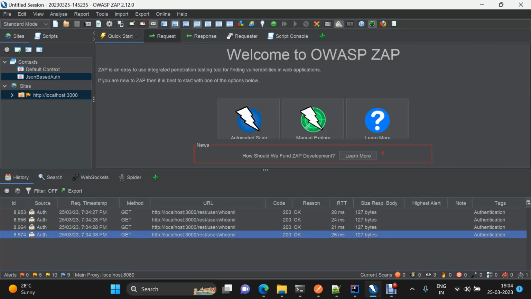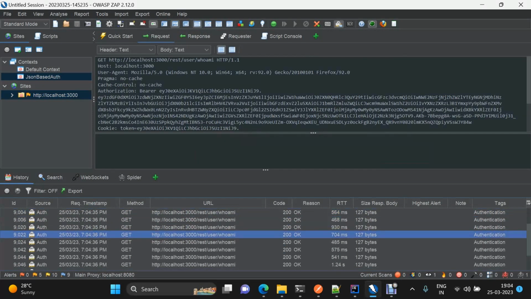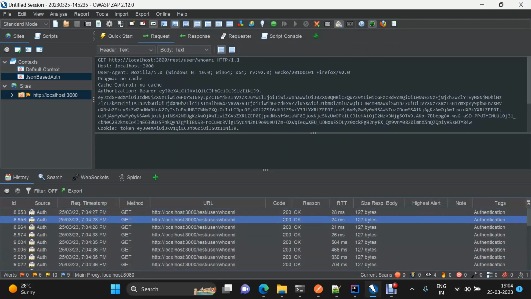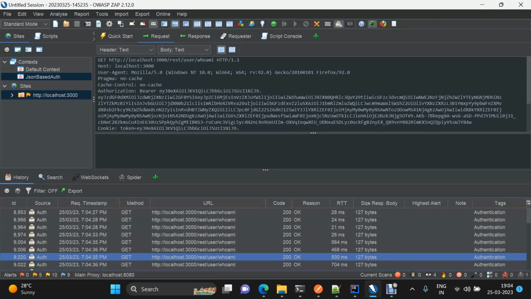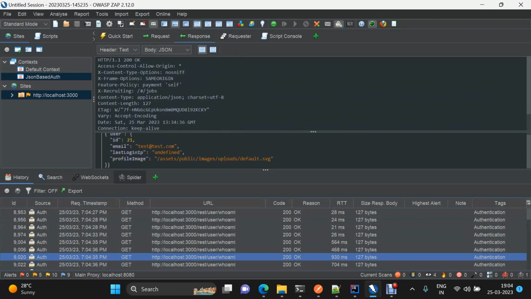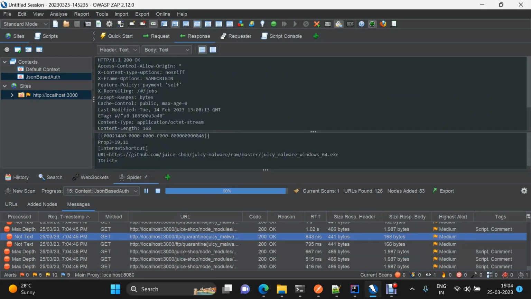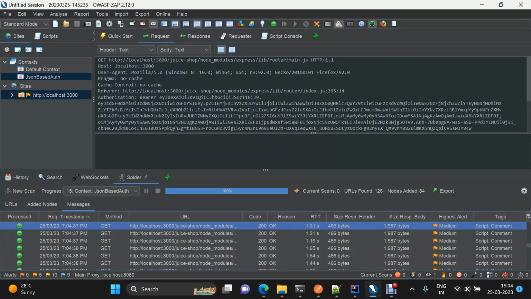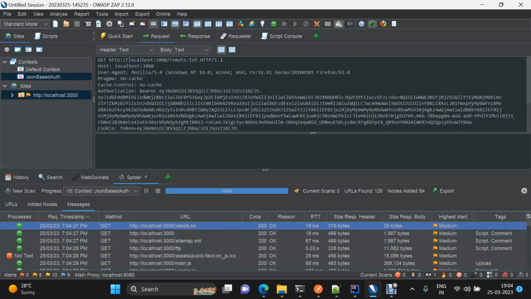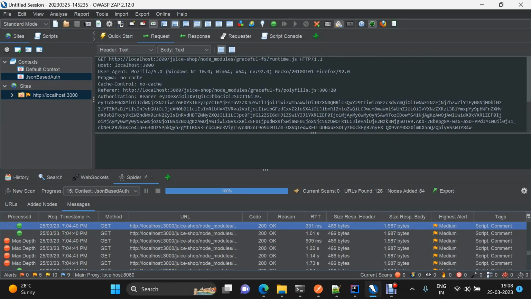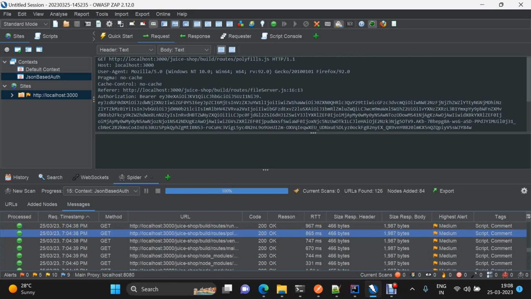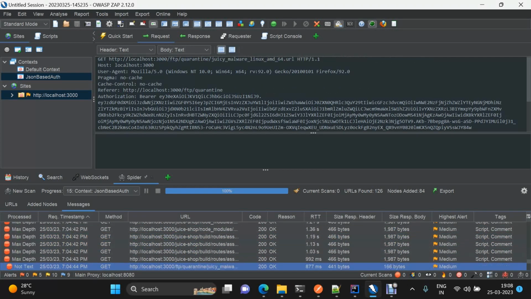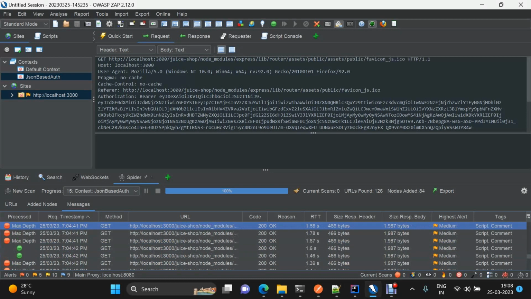So if we see here, every 1 second a request is being made, because we have set up that we want to poll this request. Okay, and if you see our spider, these are all the URLs, and we need to focus on this: every request which is being made should have an authorization token and the cookie set to it. And we can see that this is happening with every request, right? So in this way we are able to spider an application using authentication, which is JSON based